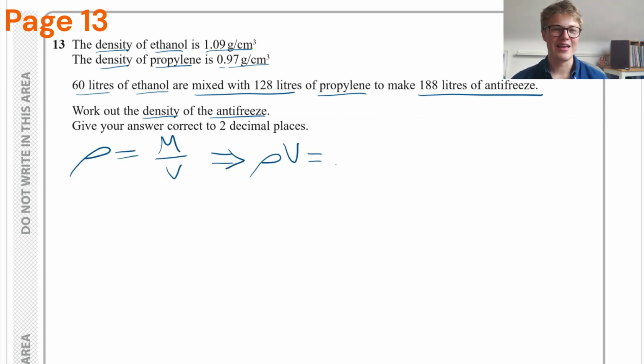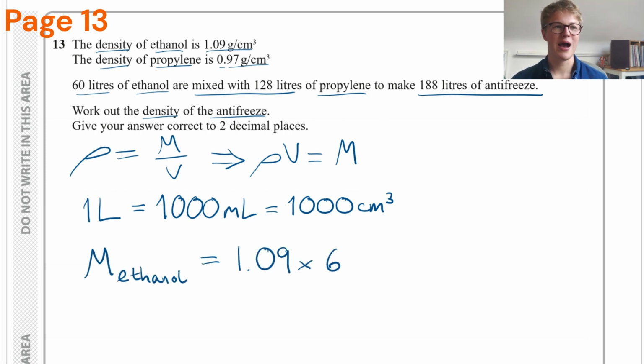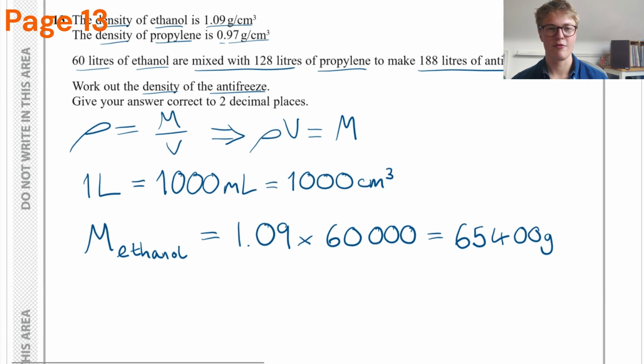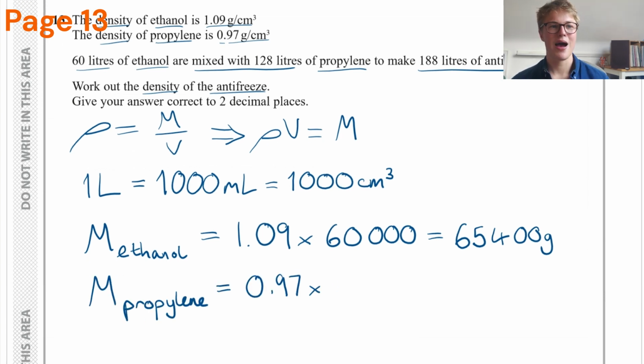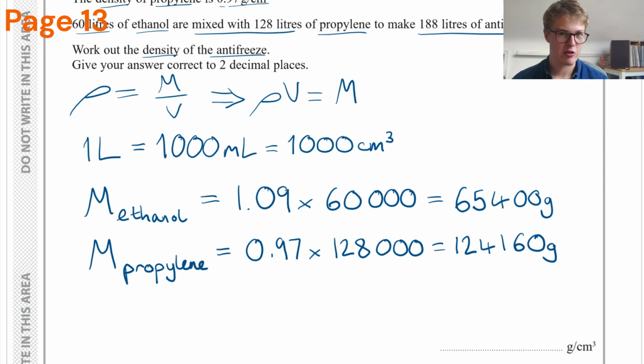So we know density equals mass over volume, and this implies that density times volume equals mass. 1 litre is 1,000 millilitres, which is the same as 1,000 centimetres cubed. That means the mass of ethanol is going to be 1.09, the density, times the volume in centimetres cubed to give us the number of grams, which is 65,400 grams. The mass of propylene is going to be 0.97 times 128,000, i.e. the volume in centimetres cubed, to give us